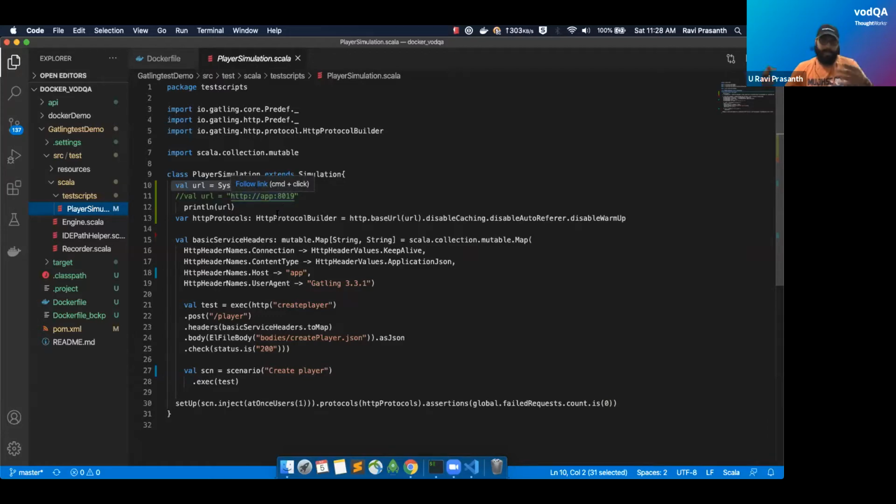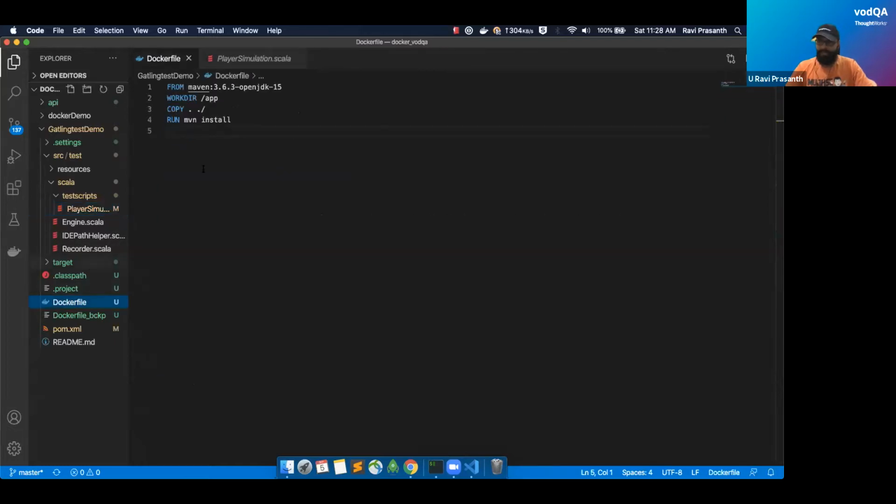You might change it in the future, no one knows, because we are prone to change our code, right? That is why rather than hard coding it in the code, we are going to pass it as an ENV in the Docker file itself. It takes a key value pair. So I'm giving it as URI and I'm going to give http://app:8019.